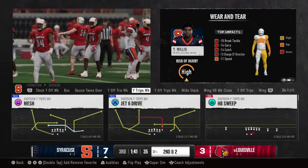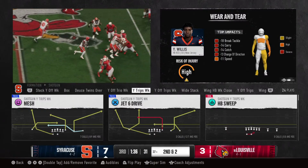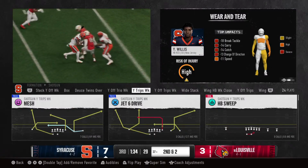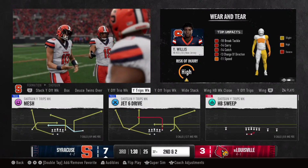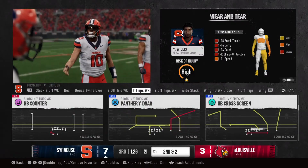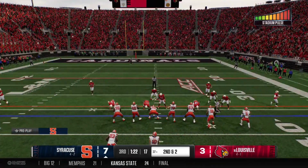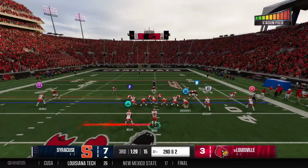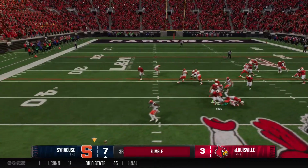You want to talk about making it easy for an offensive coordinator. You pick up a bunch of yards on 1st down, make that 2nd down really, really manageable. That's a great job by the offense. Pickup on 1st down leaves them with 2nd and short. They'll run the option. Oh, there's a loose